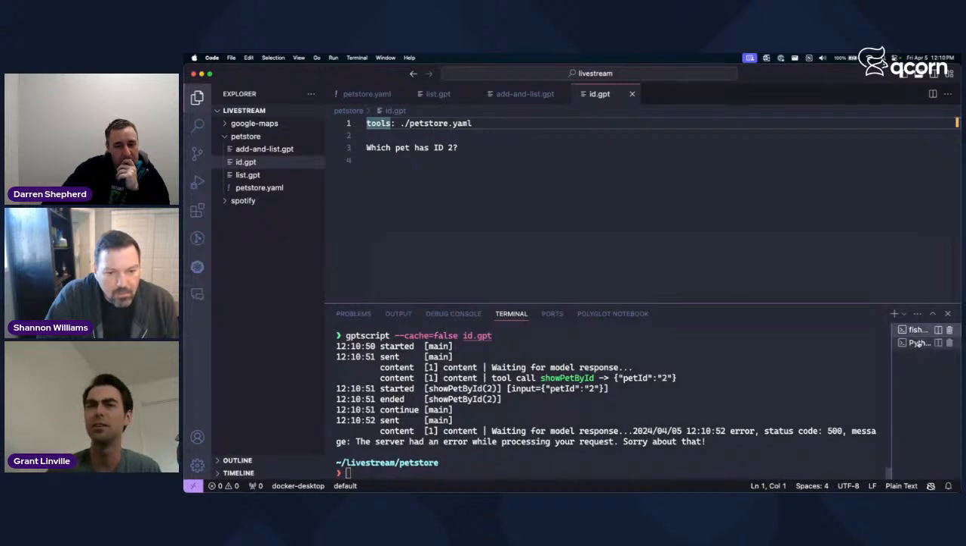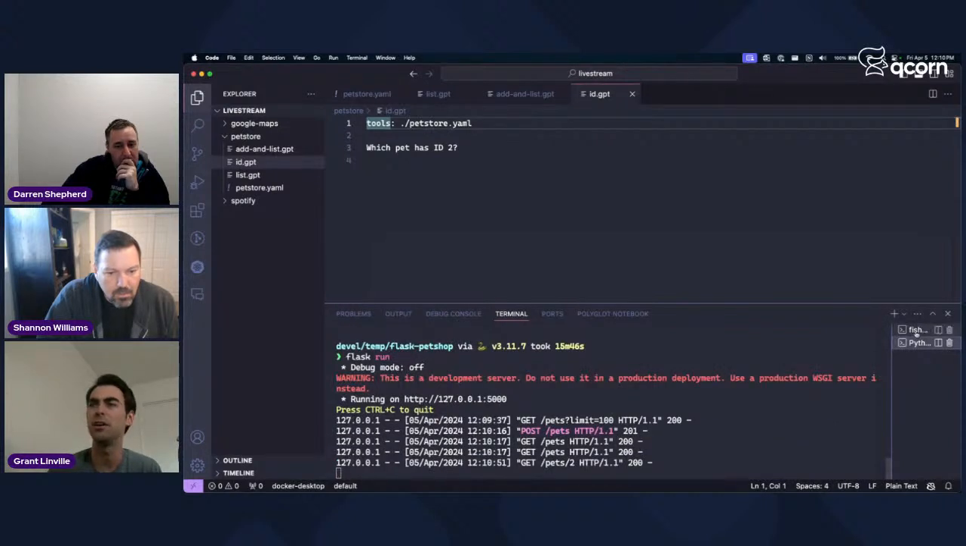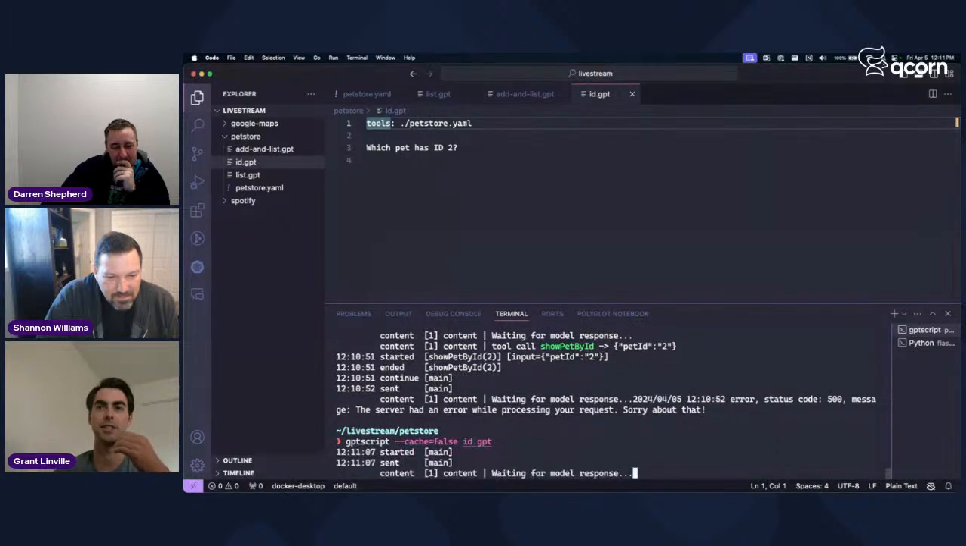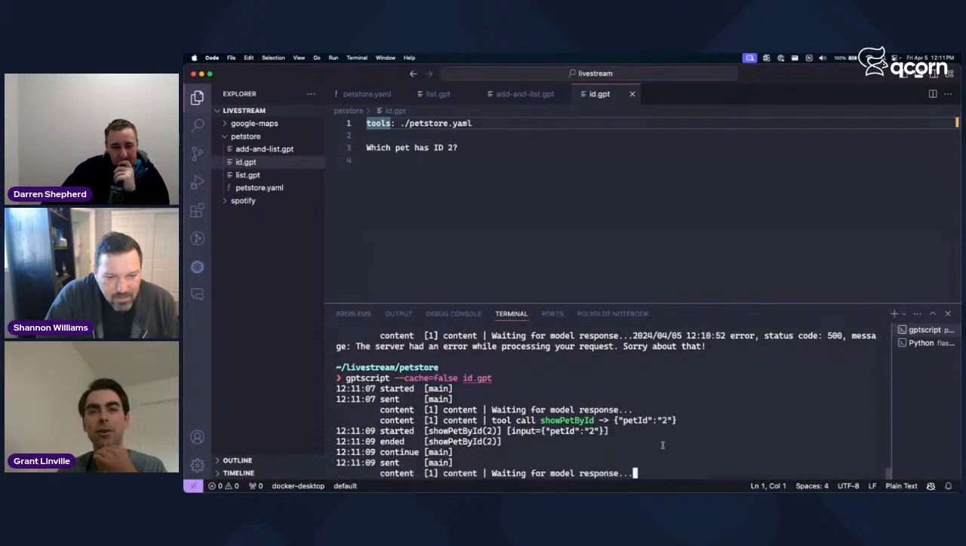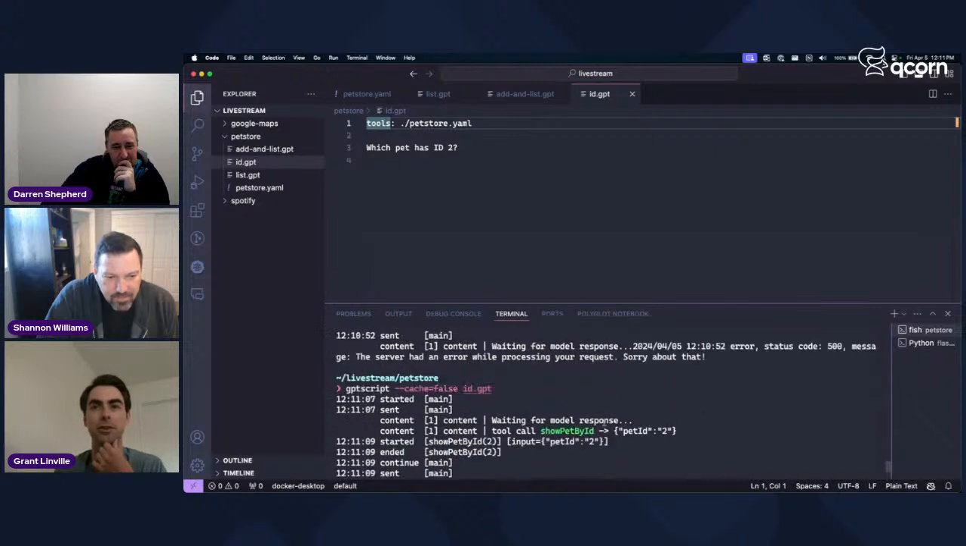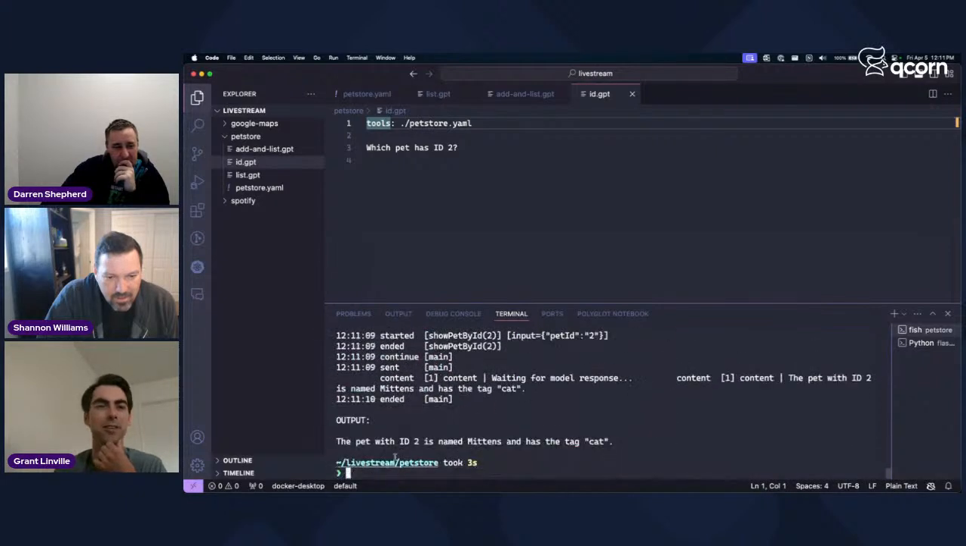500. I've never seen that 500 before. Of course, it happens live. Anyway, the last operation that it hasn't used yet from the OpenAPI definition was get pet by ID. There we go. Yeah, I don't know what caused the 500 because that's literally the exact same request, but there